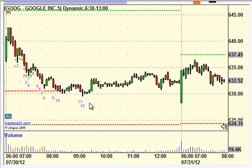Again, because each piece of the count on the Comer needs to be lower than the last numeric part of the count, in order to get a 13, we need to be below the 12. Just like in order to get, for example, the 6, we were below the 5. Each of these numbered bars is lower than the prior count. So 5 is lower than 4, 6 is lower than 5, and at the same time they're meeting the